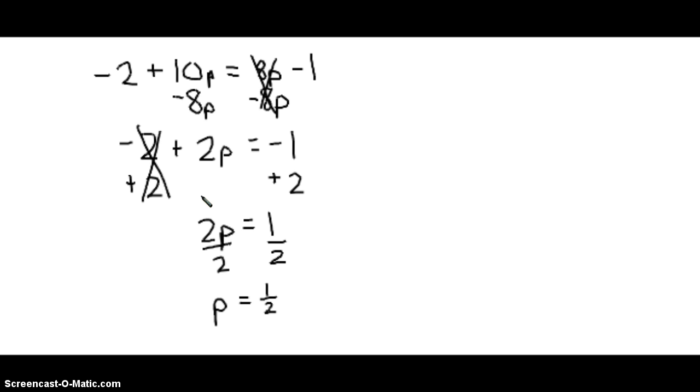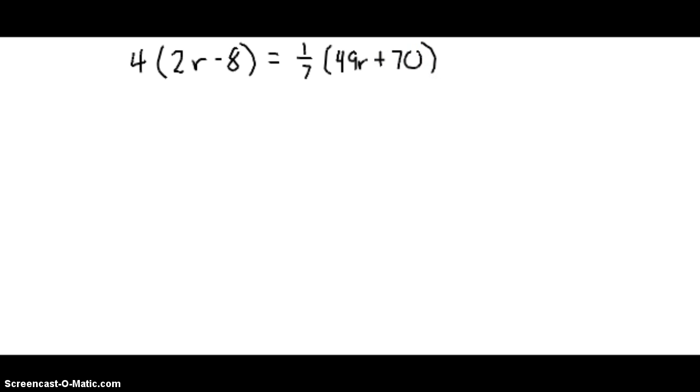So let's say we have the example here with grouping symbols. We have 4 times the quantity 2r minus 8 is equal to 1/7 times the quantity 49r plus 70. First, we're going to want to simplify these grouping symbols with the distributive property. So let's distribute that 4. We get 4 times 2r, which is 8r, minus 4 times, or plus 4 times -8,